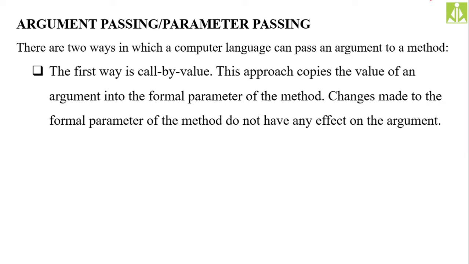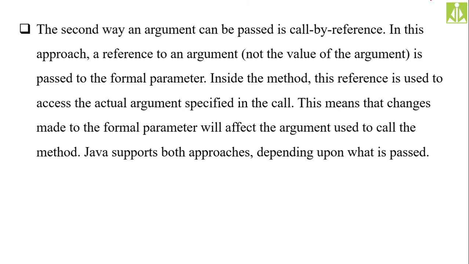In C we discussed, in C++ also we discussed. So the second approach is the call by reference mechanism. In this, generally we will not pass the direct data, or we will not pass the actual parameters. Rather, we pass the references, isn't it? References are nothing but the addresses. So over here in Java, there is no pointers concept. Already we discussed this thing. Java does not support pointers.